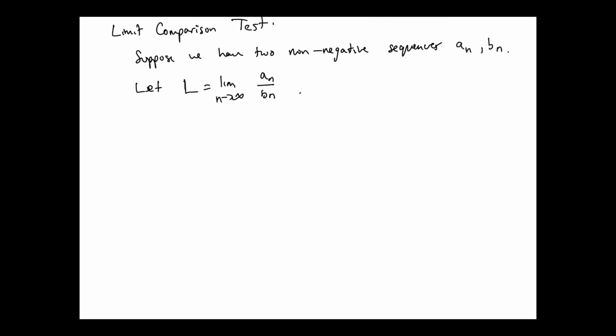Does that make sense? First off, that those are the only three possible situations? How do I know that L can't be a negative number? Yeah, because what's true about the two sequences? They're non-negative, right? I'm not going to get a negative limit out of two non-negative things. Like, that just ain't happening. Okay? All right, so the first result here,